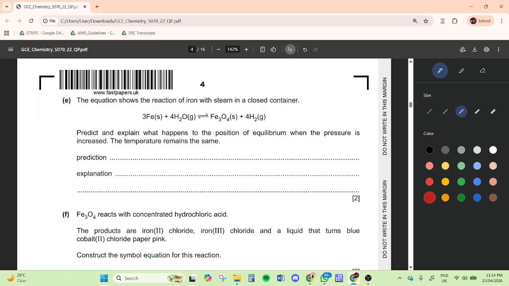So whenever you raise the pressure, which way will equilibrium shift? When pressure is increased, it shifts to the side with